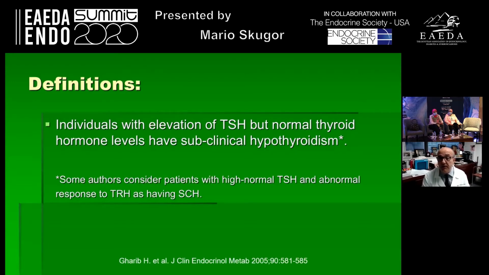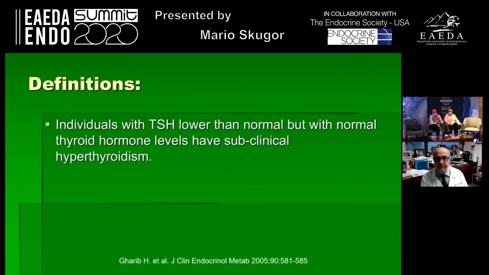Some authors consider patients with high normal TSH, so normal TSH, but abnormal response to TRH, thyrotropin releasing hormone, as having subclinical hypothyroidism. So there's a little bit of difference in the definition, but it's important to remember that there are people who consider even having the TSH within normal range to be having subclinical hypothyroidism. And of course, on the opposite side, we have individuals with a TSH that is lower than normal, but with normal thyroid hormone levels,